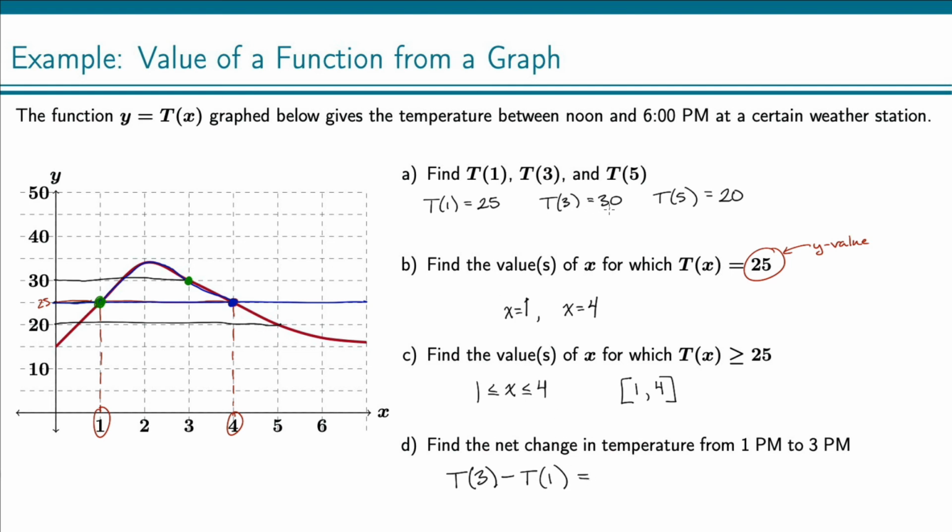So T of 3 is 30. We got that up here. And minus T of 1 is 25. And we got that right here. So subtracting those, we then just get